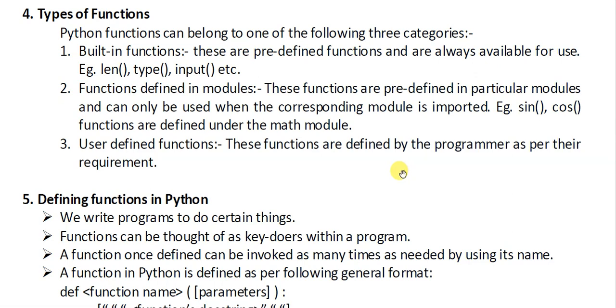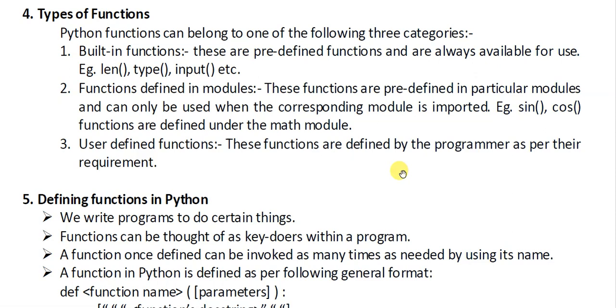And how to call a function? By giving its name followed by a parenthesis, and in parenthesis you provide the value that it is working on. It may require some value or it may not. So if it is requiring some value, you give those values separated by commas, and if it is not requiring any value, you just give the name of the function followed by an empty parenthesis. Okay. So let's move forward and start focusing on the types of functions that are actually in Python.